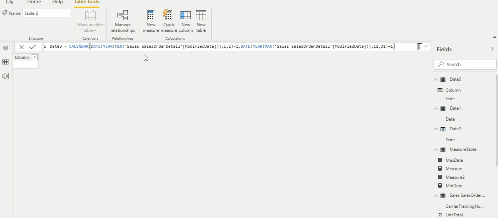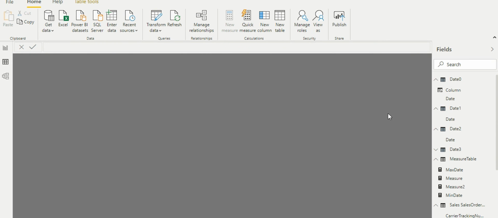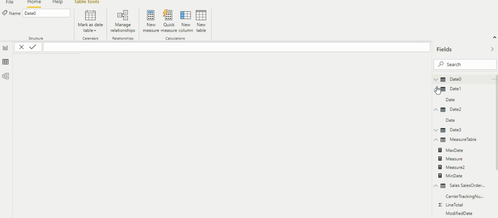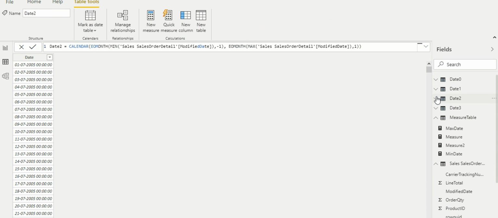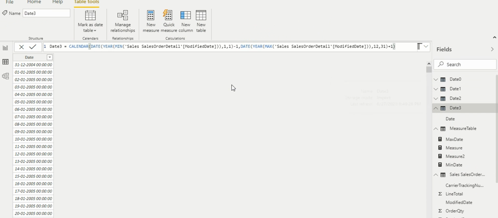But here you can see the start date is minimum of modified date. I'm just finding the year first and then I'm statically providing the input values of month and date. So the main reason that I wanted to show you this is you should also be knowing that it is not just a direct implementation of a function that you can use inside a calendar DAX function. It is also that you can create nested functions inside the calendar function for each of the type.